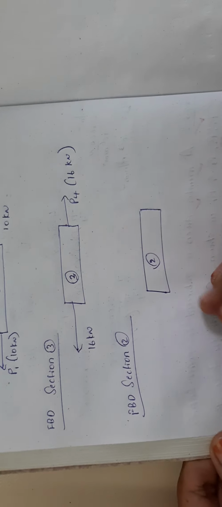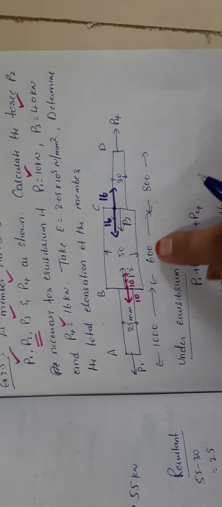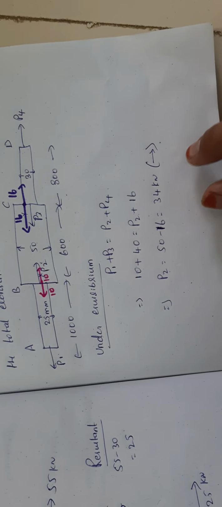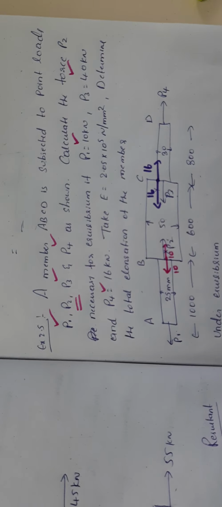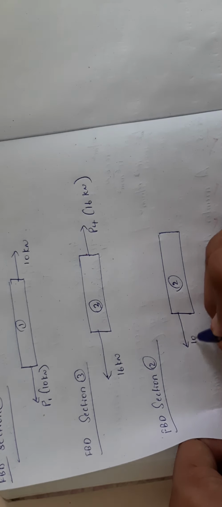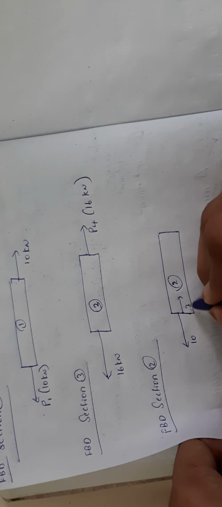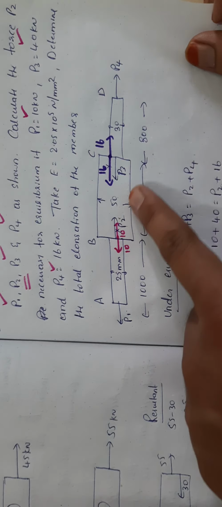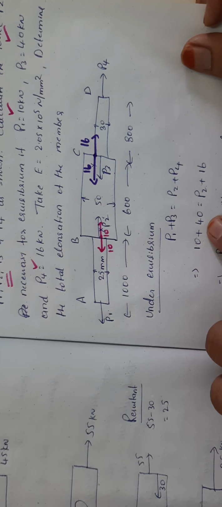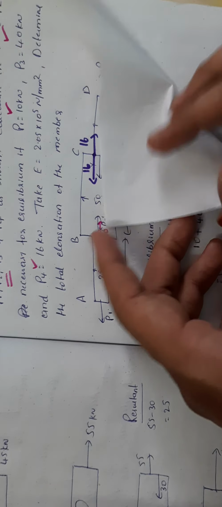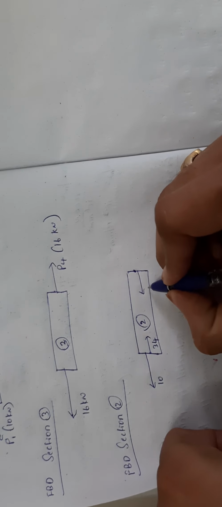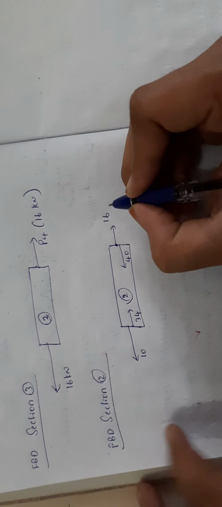So what are the forces acting here? 10 and another is P2. P2 is 34. So this is 10 and P2 is 34. And this side also P3. P3 is 40. And that side is 16. That side is 16. So the resultant